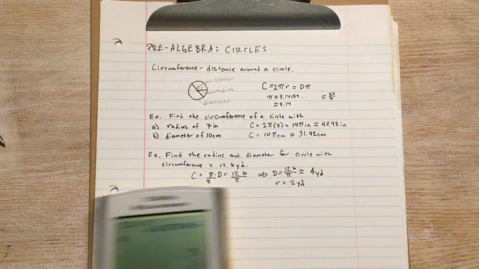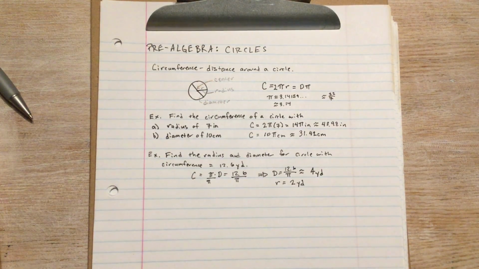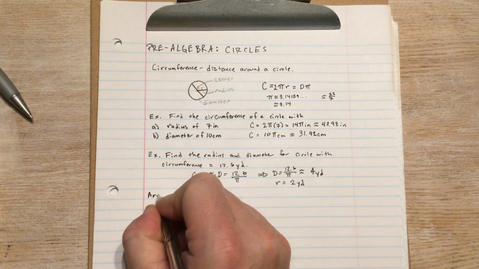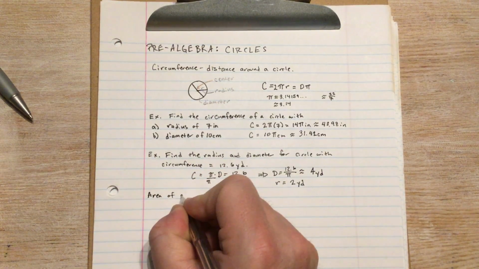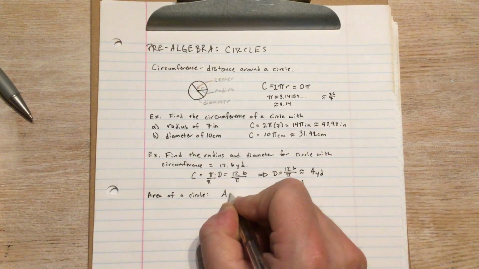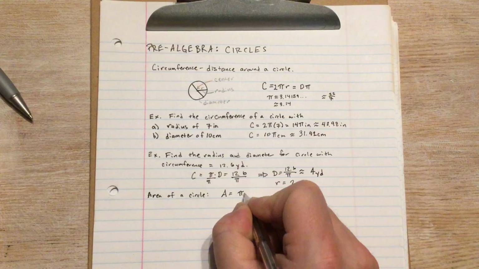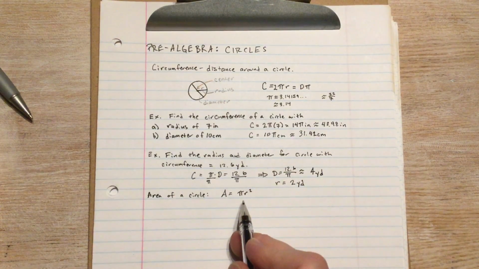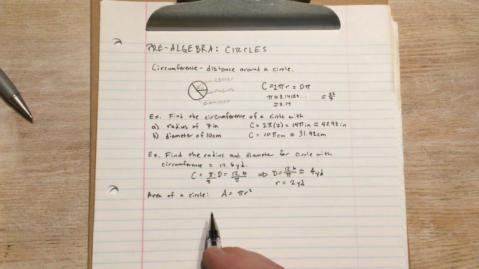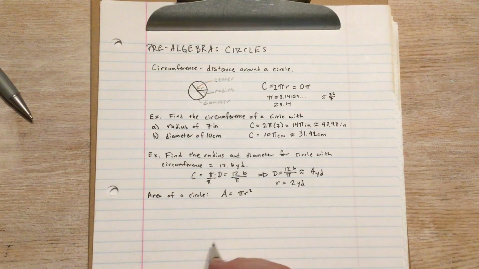Okay, so now we're going to go on to one with area. So area of a circle is simply A equals pi r squared. And we use r because of the way that we derive the area. So we're just going to do